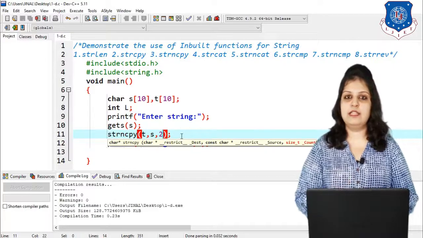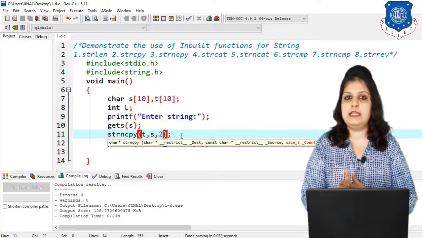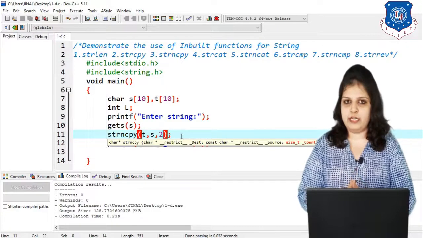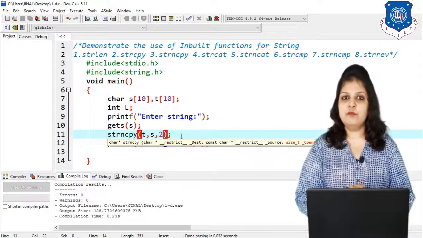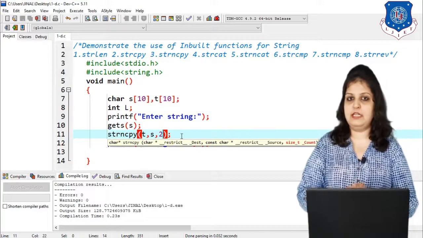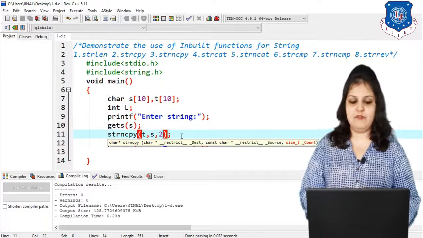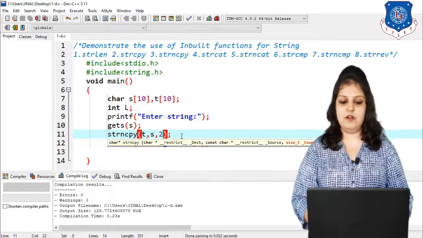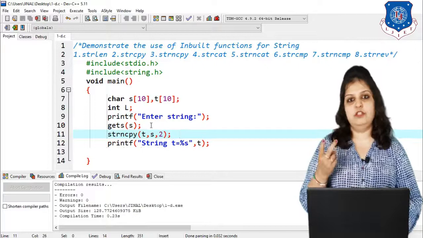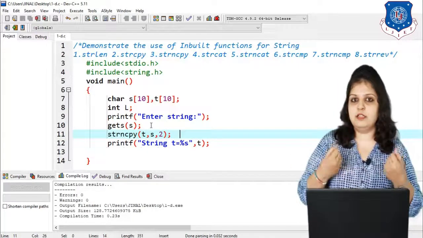Our next function is strcat. What is the use of strcat? strcat means string concatenation. If we want to merge two different strings together into one string, then it is possible with the strcat function. So let's see how we can use it. First of all, here we have to enter both strings because we have to merge one string with another string.